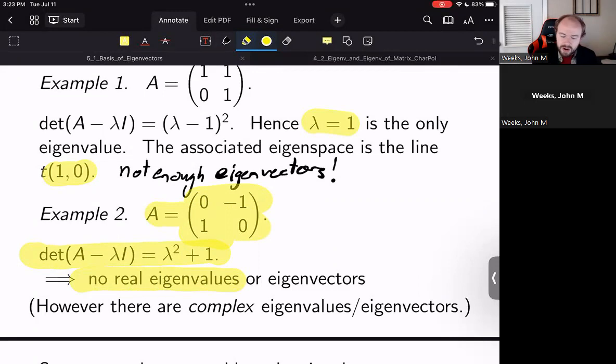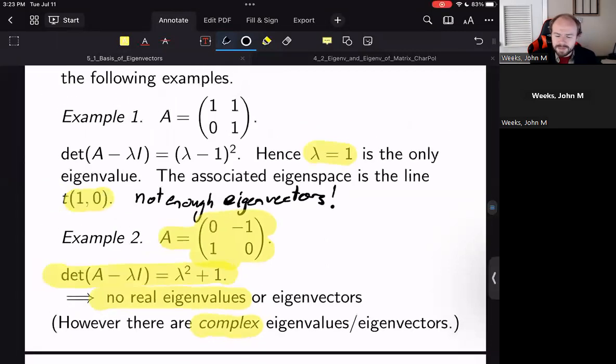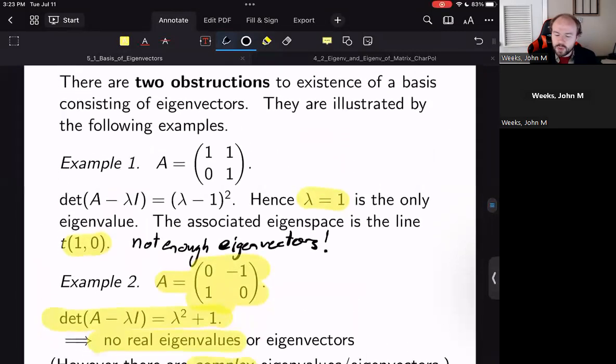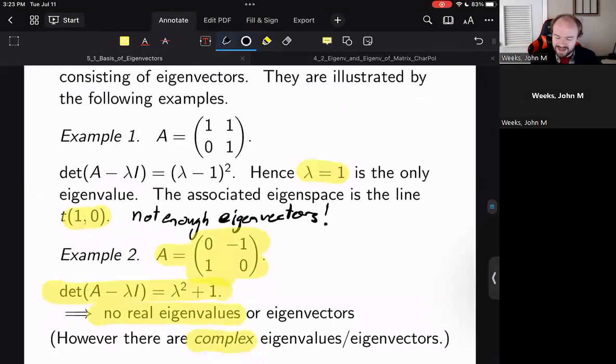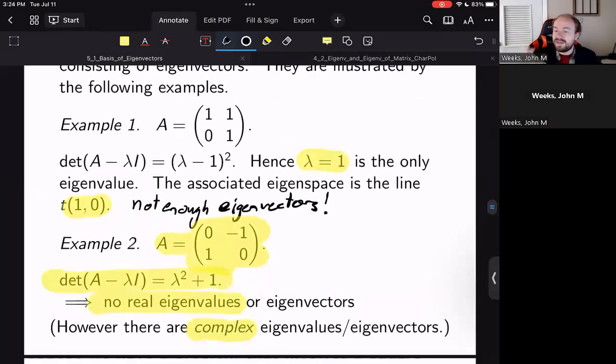However, for this one, there are complex eigenvalues and eigenvectors. And in our next video, we'll talk a little bit about how we can be treating those and how we can look through things in the lens of thinking of this as a complex vector field rather than a real vector field, namely one where the scalar field that we're working with includes the number i. But for now, when looking at the real line, these are the two obstructions to finding a basis consisting of eigenvectors. This can be either you have eigenvalues, but there's just not enough eigenvectors, or you run out of eigenvalues